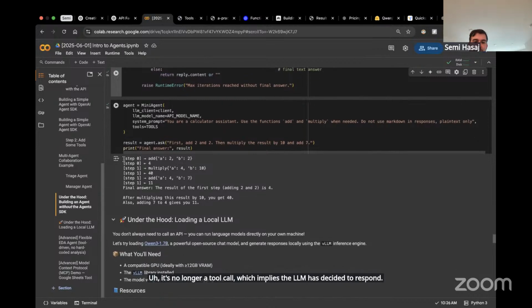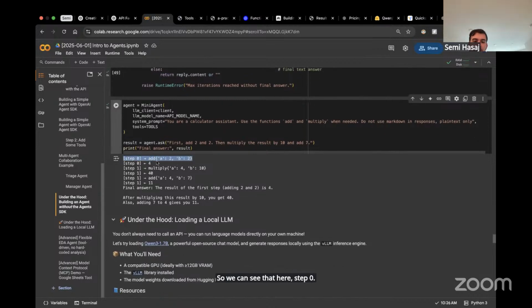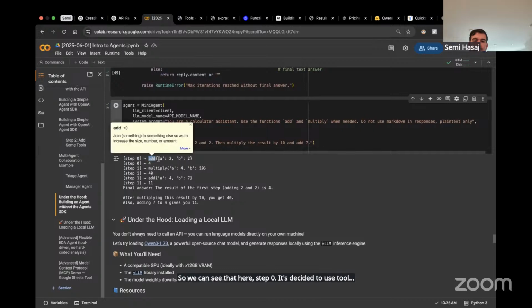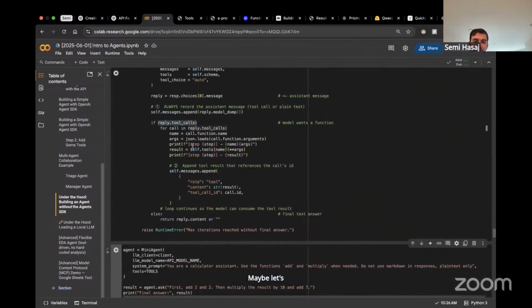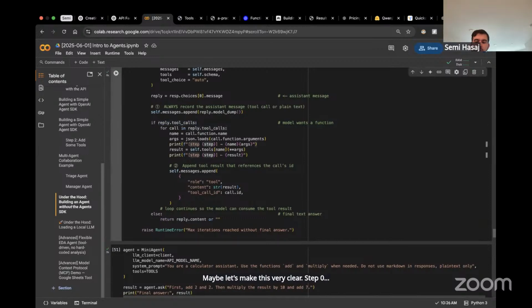So we can see that here, step 0. It's decided to use tool add with arguments 2 and 2, and it gets a response of 4. Maybe let's make this very clear. Step 0, tool called, tool executed.